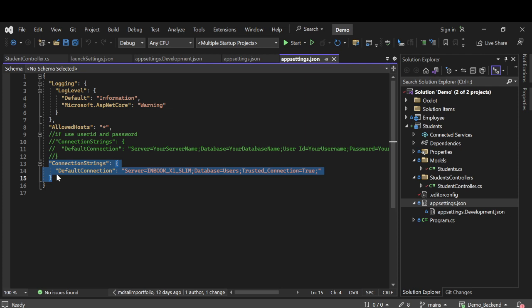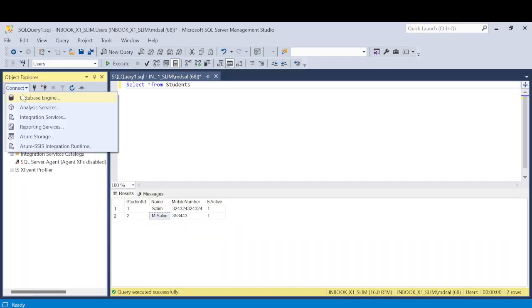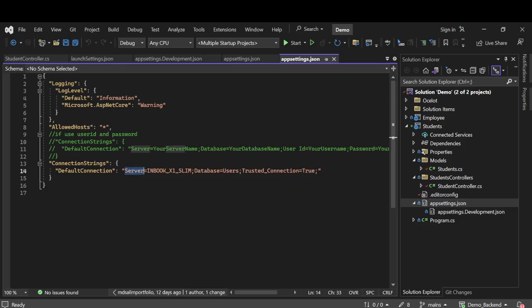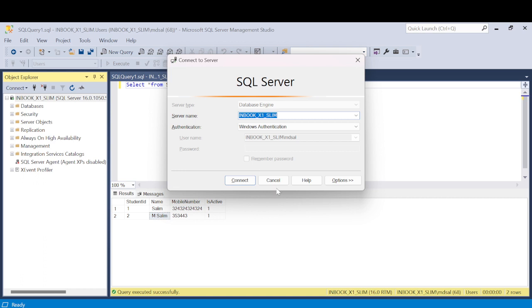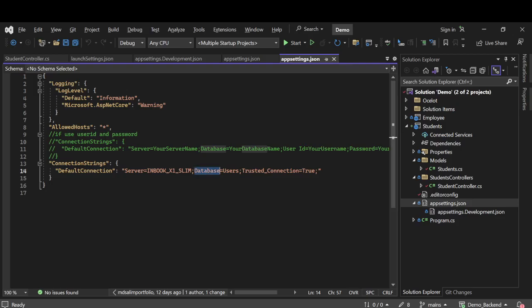What does it mean? Here you are adding your server name. If I open SSMS, here you can see the server name is this one. So this is what I kept here. This is your server name, and the database you can keep as of now. For me the database is users. Okay, and trusted connection is true. So once you have done this one,